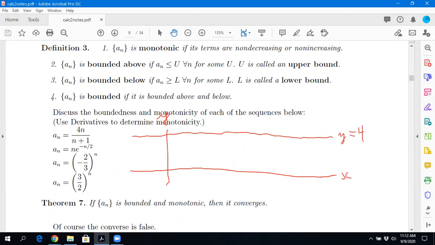So what this says is, first of all, if I plug in n equal to 1, I get 4 over 2, which is 2. So that's the value of a1. So a1 equals 2. Does that make sense? And by the way, we know that this thing is going to increase with n. We just figured that out. What happens if I plug in 2?